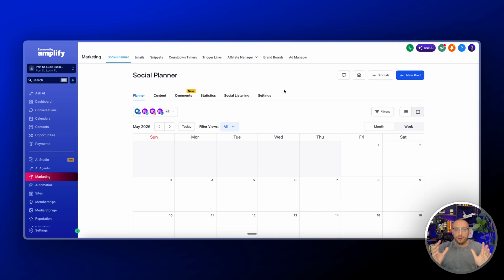In this video, we're going to look at how the social planner works in Amplify. This is going to replace any type of social scheduling tool you might be using, such as the Meta Business Suite, Buffer, Hootsuite, Sprout Social, Vista Social, and you can schedule all of your social media content in one simple process. So to access it, all you have to do is log in, click on Marketing, and then go